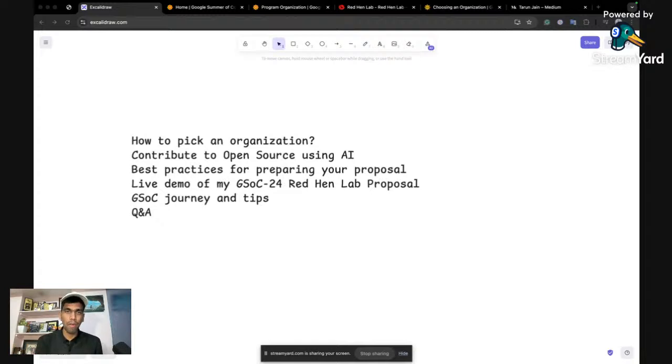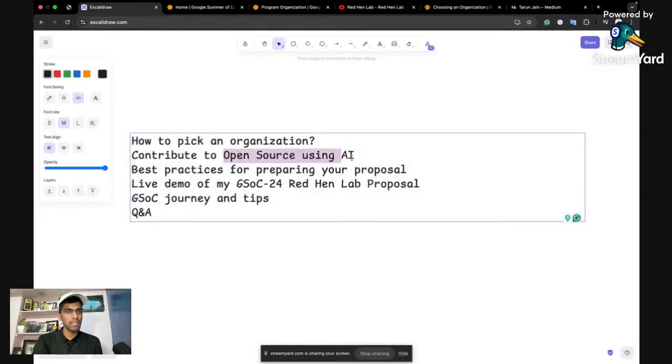And here I'll show one of the best IDEs that I'm using, which is completely open source, that you can use to contribute to a repository without even writing a single line of code. It also helps you debug and understand large code bases. This way, it becomes easy for anyone who is getting started with open source. So this is the second topic that we will be discussing.